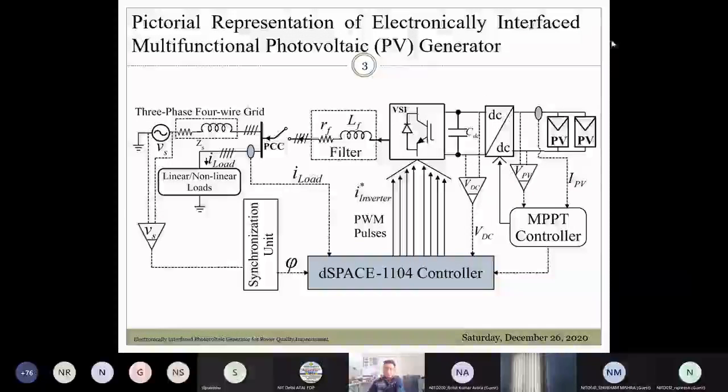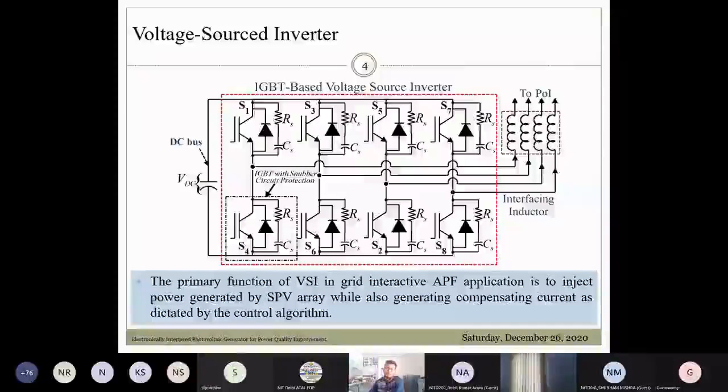Furthermore, this VSI, that is a voltage source inverter, uses a 3-phase 4-wire topology. In this case, the fourth arm of the inverter bridge is strategically controlled to support the neutral current demand of the unbalanced load. As a result, unconditionally balanced and sinusoidal grid currents can be ensured at the utility grid side.